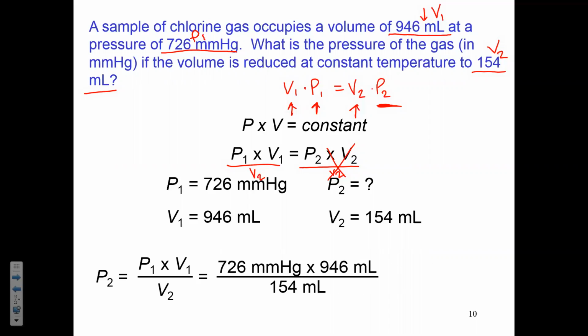Okay, so for P1, we plug in 726. And make sure you link these. For V1, we plug in this one, right? Which is right there. We're going to take both of those times each other and then divide it by this one. Okay, and when we do, we come up with